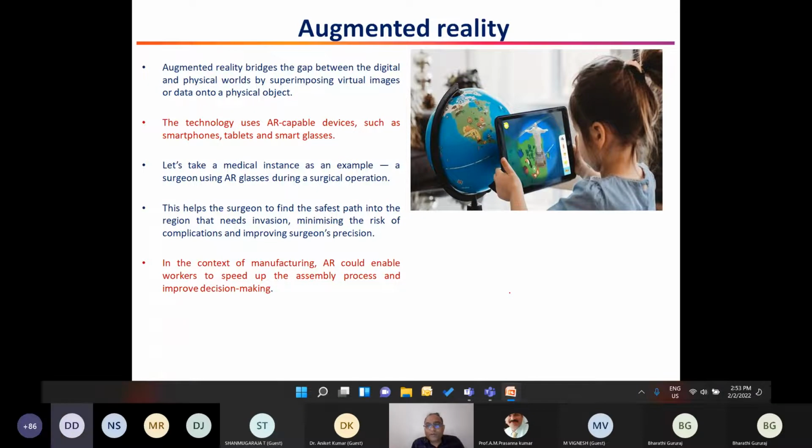Every single piece of data will be put across at your fingertips, and that is what augmented reality is. Maybe you can see in the picture a small child is trying to focus the tab onto the atlas that we get, right? So she is trying to read particular information from the globe, right? Then you can see that in her tab the information is a little different from what she is seeing on the globe there.